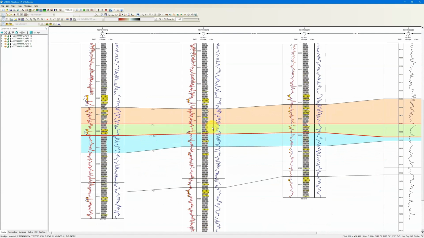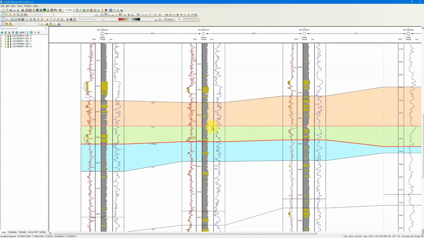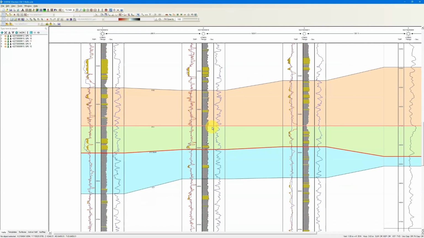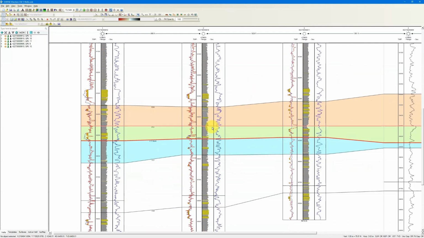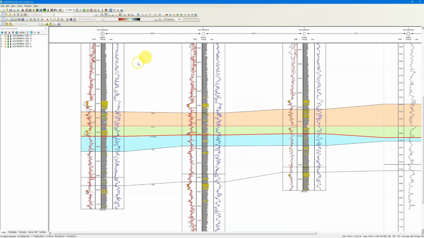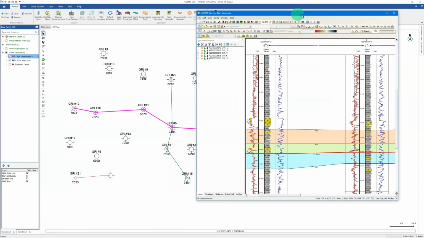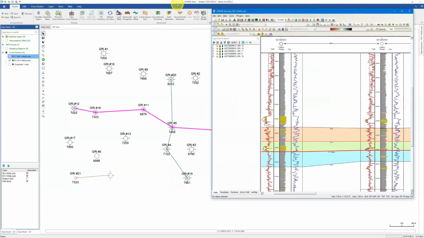This is really helpful because it just lets you stretch and squeeze in the Z axis, holding the shift key down, using the scroll wheel, just to get a better look at what my wells are doing. So stuff like that hopefully makes it easier to work with your cross sections. We've also done a few changes on